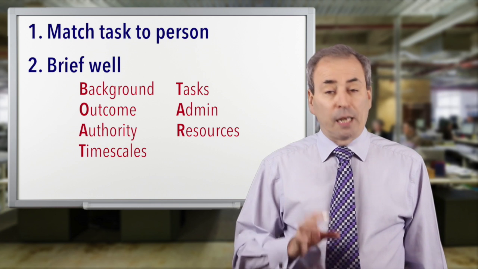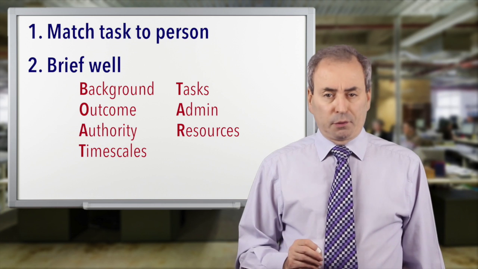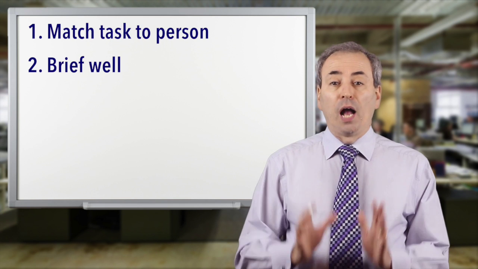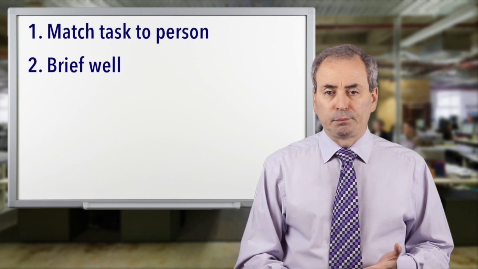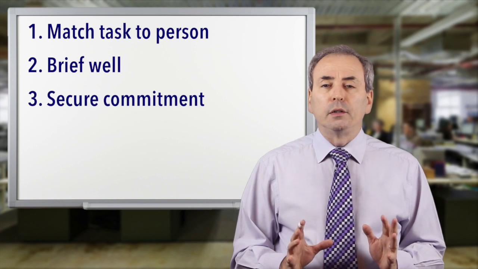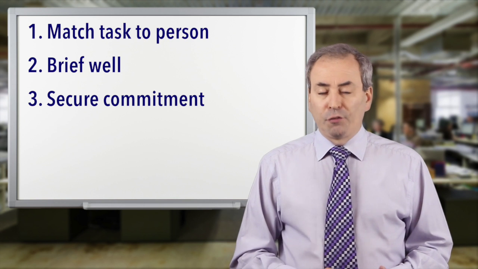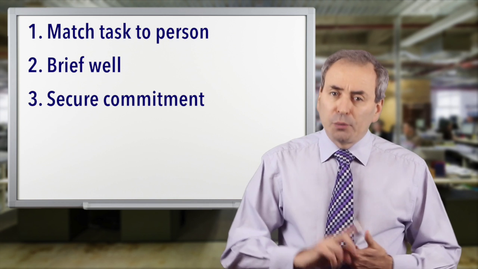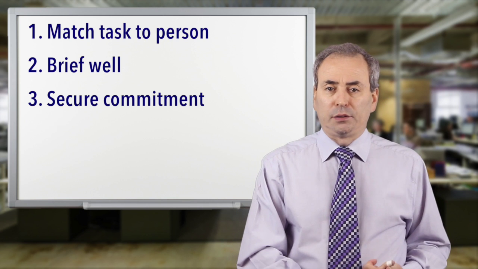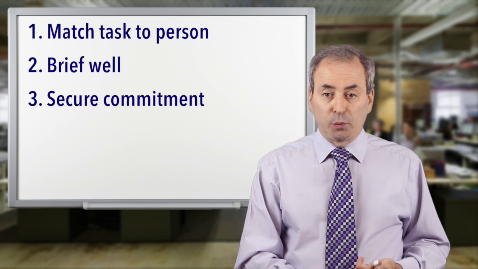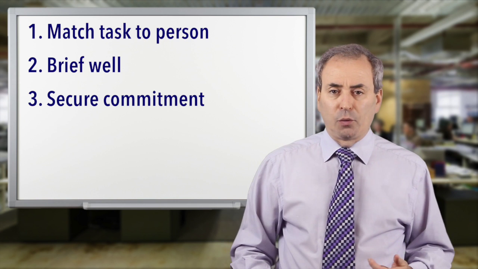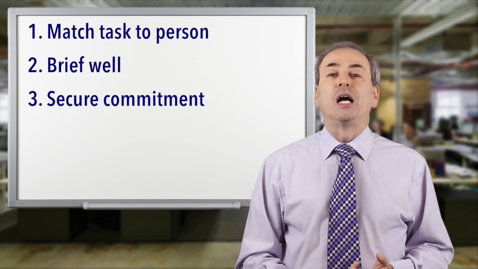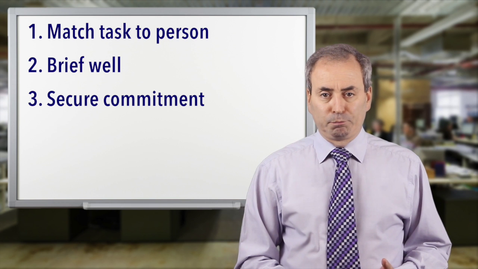Now, once you've done the second step, the briefing, the third step is critical. And it's where people often go wrong in delegation. They don't secure unambiguous commitment. In fact, what you want is 3 commitments. Firstly, you want to look the person that you're delegating to in the eye and say, do you understand exactly what it is I'm asking you? Do you have any further questions? When they commit that they understand, the second question is to ask them if they have the knowledge, they have the skills, and they have the time available to do what you're asking.